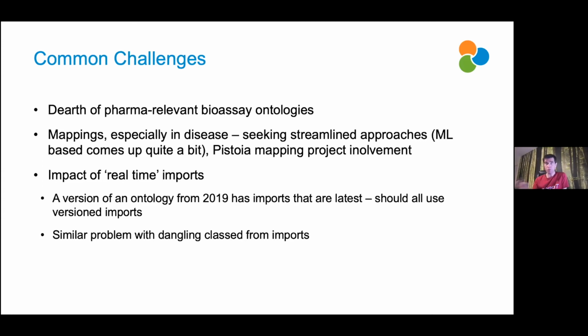The challenge can come if you load an ontology now, and then in 3 months you reload that ontology again. If those imports are live, so they're not a versioned file somewhere, suddenly you can go from 3,000 classes to 3,050 classes, which might not seem like a huge amount, but for provenance and working out what's going on, especially because we report on diffs that come through the ontologies as you load them, it sometimes raises flags. Why have I now got 50 extra classes? I haven't done anything. So that can create some challenges in how you deal with that kind of living document. I think that's a problem.